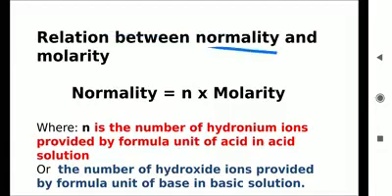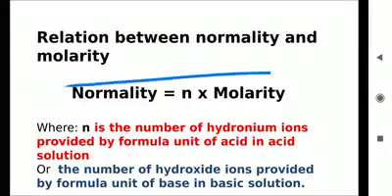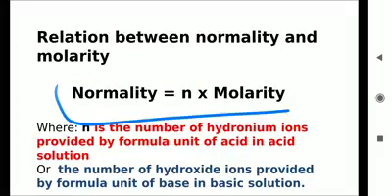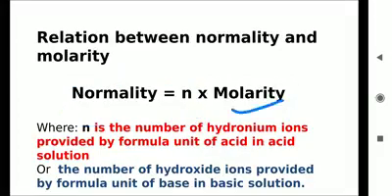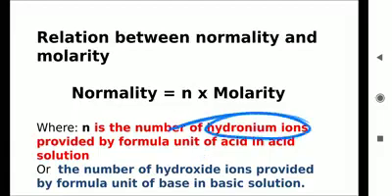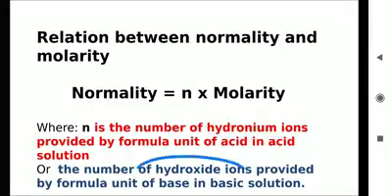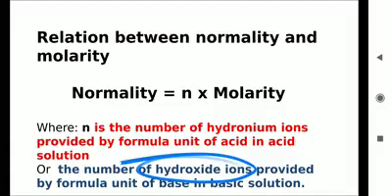Now what is the relation between normality and molarity? This is the relation. Normality is equal to small n into molarity. Now what is this small n? Small n is the number of hydronium ions provided by the formula unit of acid in acidic solution, or the number of hydroxide ions provided by the formula unit of base in basic solution. Means in acid it is the number of replaceable hydrogen ions, and in bases it is the number of replaceable hydroxide ions. We'll see this with the help of